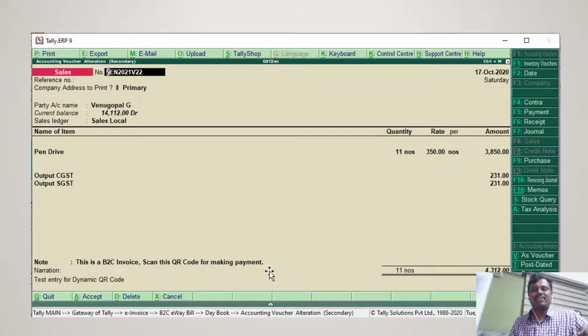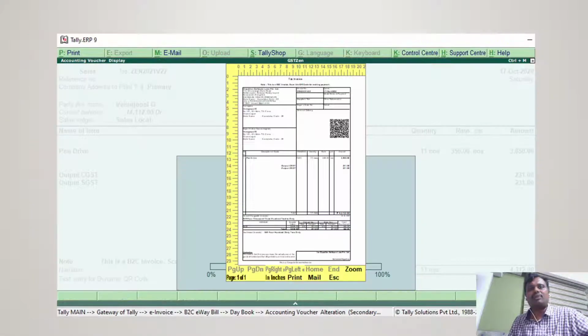Just as a reference, since the GST number of the recipient is missing, a message is showing up that this is only a B2B invoice. Of course, this is only like a warning, you can customize, and a normal sales entry one would do. Once you give a print of the invoice, you will be able to see a QR code on the invoice coming up. And let us just zoom in and see it.